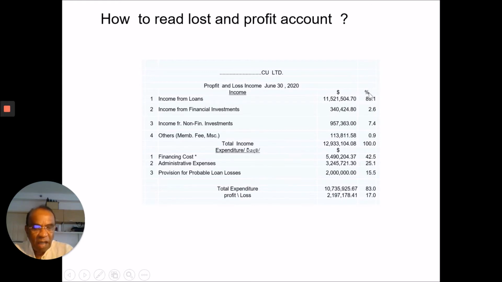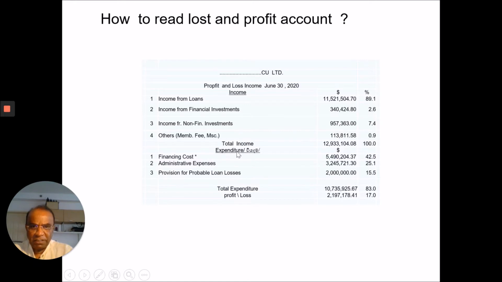I think whenever you are preparing, particularly our credit union managers, try to look at your source of income. Then you will be able to see what is really your core business. Let's go to that